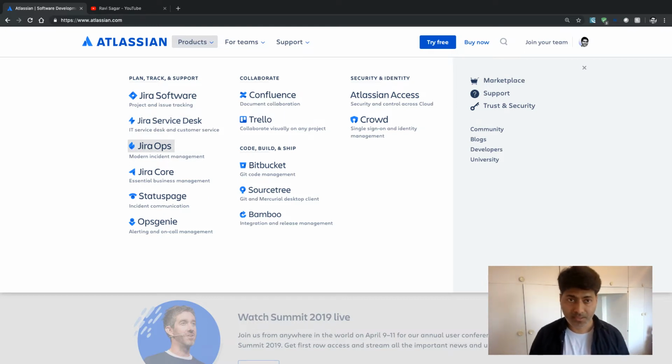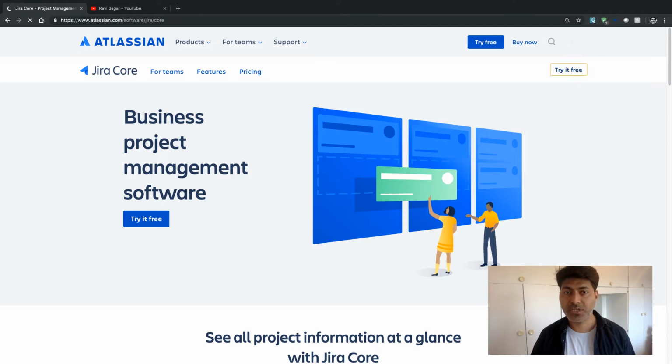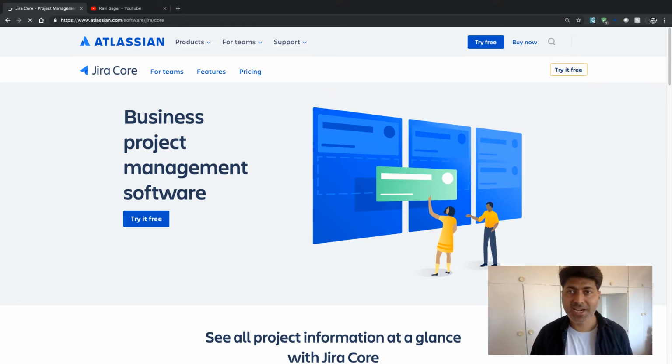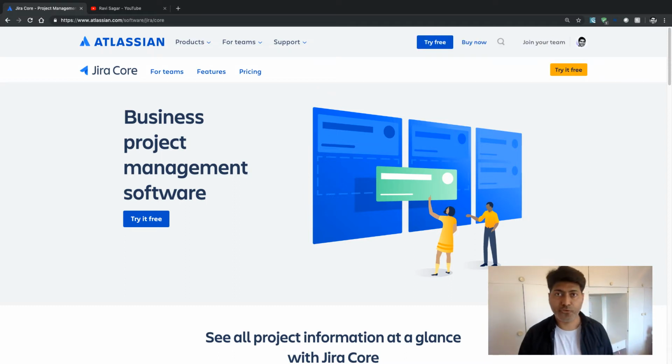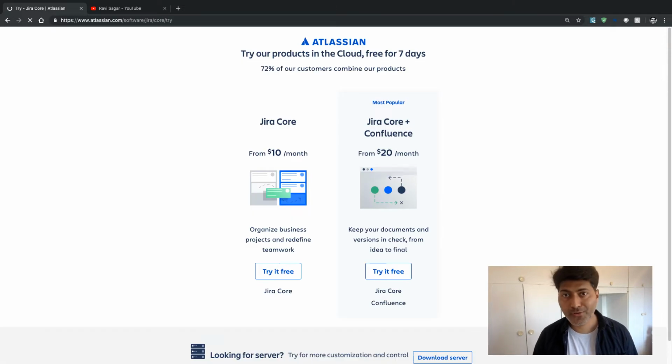So in the beginning, what I can recommend is you can start by going to this link called Jira Core on atlassian.com. You can go to this particular page, and you can click on the button on top called Try It for Free. When you click on Try It for Free, you will be able to create your account